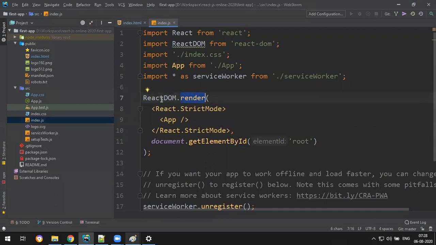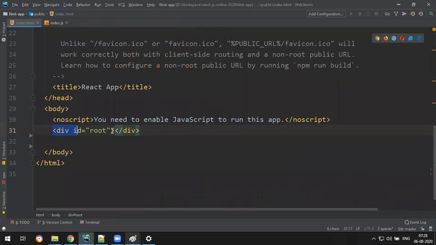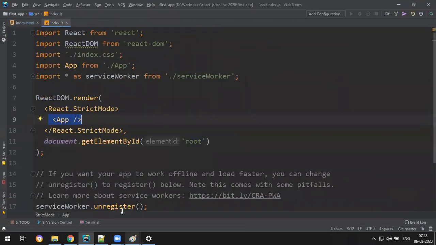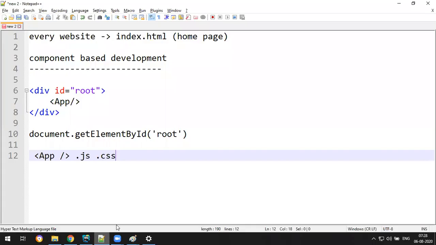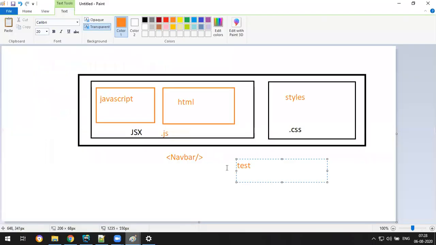What they're doing is rendering this app in strict mode, in the place of document.getElementById root. It means in this particular root, I am going to replace something, that is App. What is that App? It is your custom component.